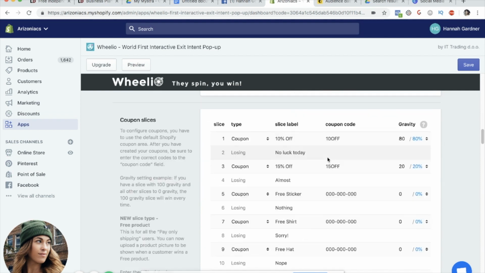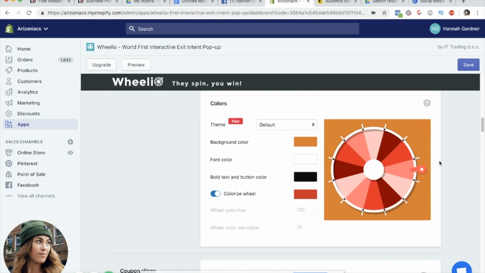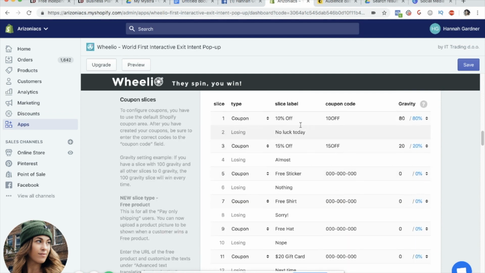the wheel. And basically what you can do, you can come over here, you can edit the color, whatever, of the wheel. You can come down here and you can make the little pie slices whatever you want them to be. So for instance, right now, if they spin the wheel, 80% of the spins get 10% off, and then 20% of the spins get 15% off. So you can actually put a weighted gravity on what's the chance of someone getting the 10% off or the 15% off. Maybe you don't even want to give anything for free at all.